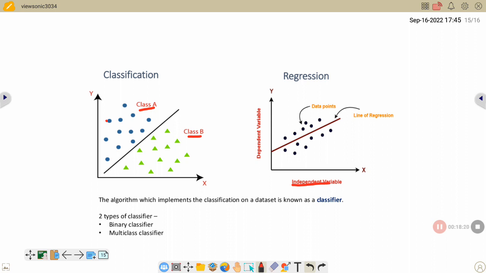As mentioned here, there are two types of classifiers, binary classifier and multi-class classifier. What are binary classifiers? If we have an outcome of only two categories, like true, false, or spam, not spam. So binary, as the terminology says, means we have two distinct outcomes. Whereas in a multi-class classifier, we can have multiple classes as the output. Like in music, we can have different types of music genre, right? That is under multi-class classifier.